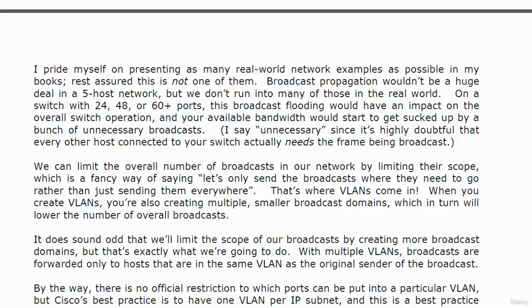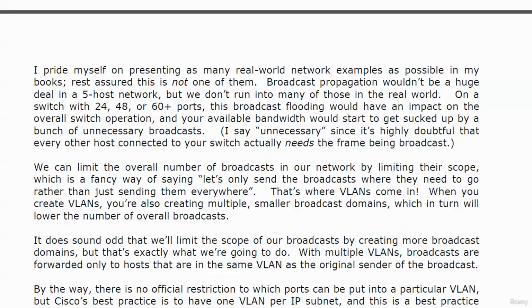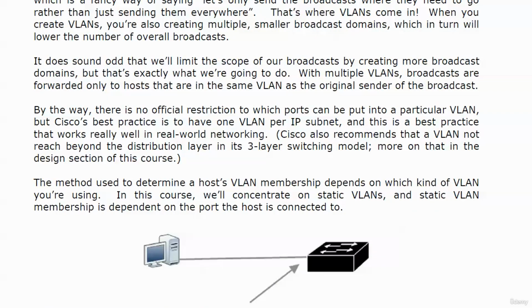I've had people come back to me who ran very simple networks, and they didn't do a lot of fine tuning with it, especially when I was teaching this course live. I'd have people come back and say, hey, we started looking at this VLAN thing and implemented it, and all of a sudden, our switch was actually working a little better because we didn't have as many broadcasts to handle. Now, there is no official restriction as to which ports can be put into a particular VLAN, but